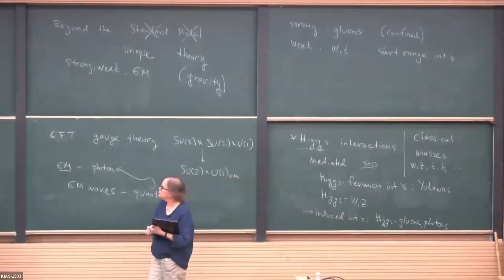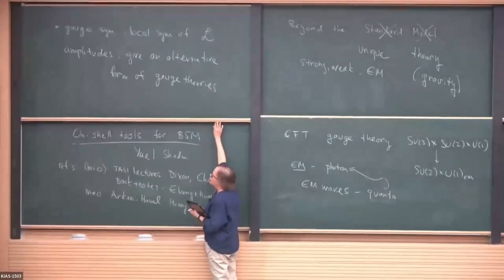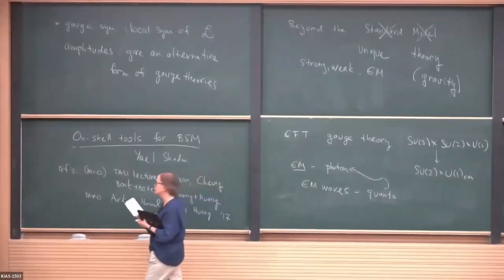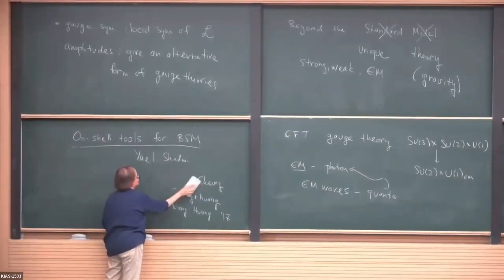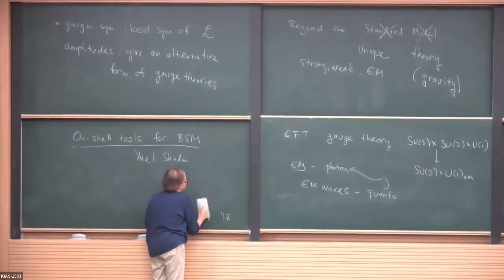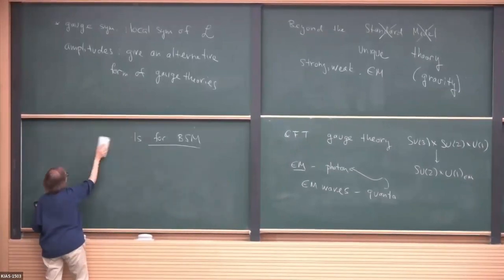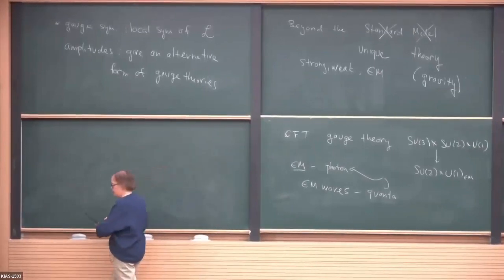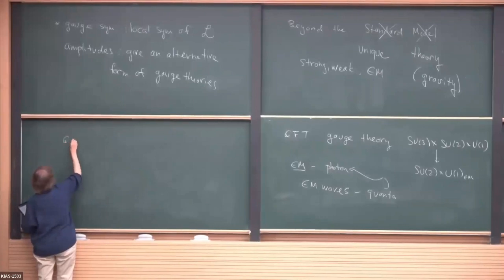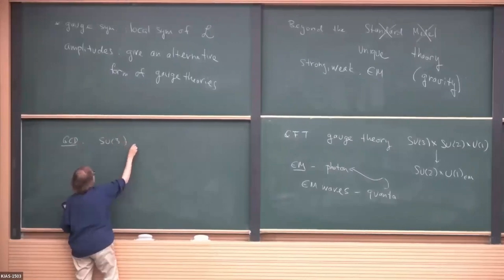Okay, so you can ask the question, of course, why do we want to think about amplitudes? And I think the first clue that amplitudes can be a good way to go comes from just the calculation of Feynman diagrams, just doing calculations using Feynman diagrams for gauge theories. So let's talk about that for a second. So let's talk about QCD calculations. QCD, of course, is an SU(3) gauge theory.